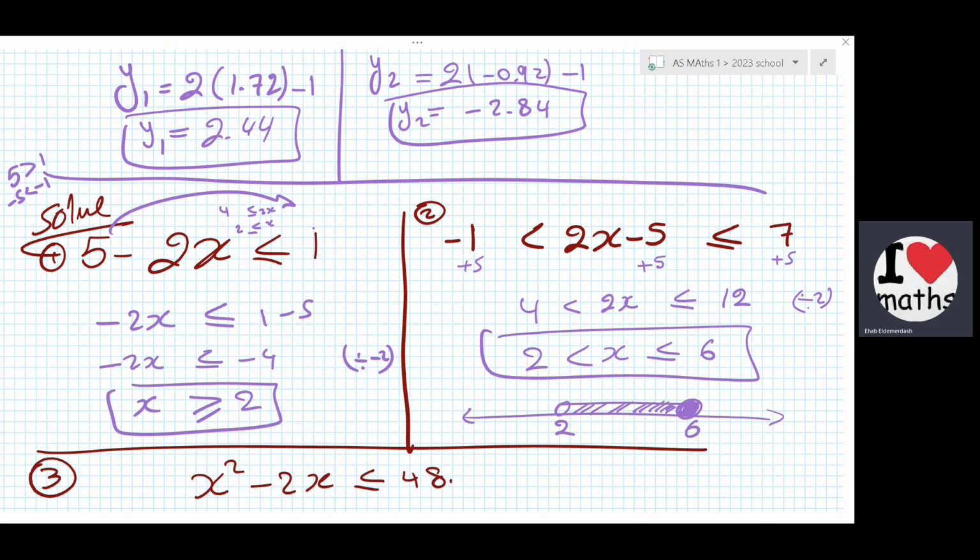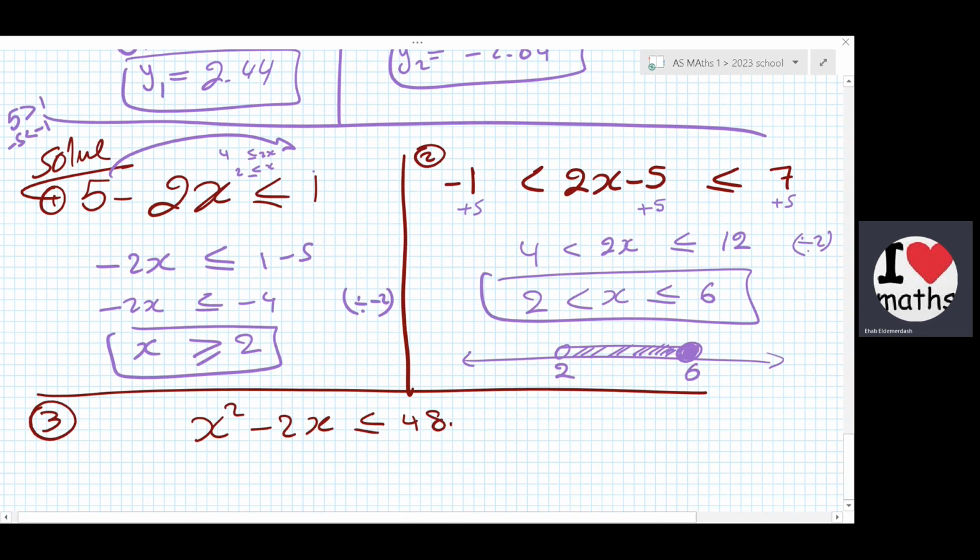ماشي. هنا for the next or for the third question who can do it؟ يلا يا شباب قول يا حلا، هعمل ايه؟ يلا ها. x squared minus 2x smaller than or equal to 48. What should I do؟ قولوا لي اعمل ايه؟ ال 48 لازم تروح فين؟